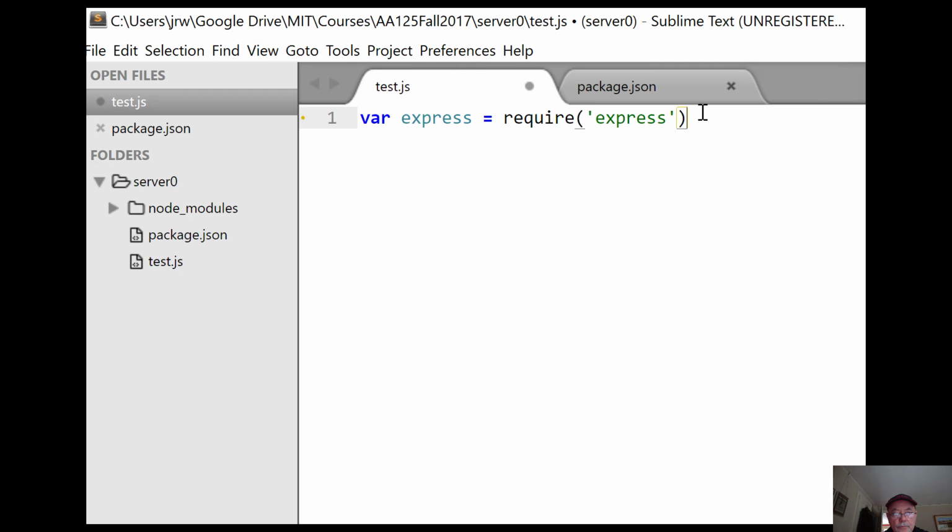Okay, and now create an app that's, I'm going to execute Express and get a handle to that object called app. And now we want to do app.send, and this is going to